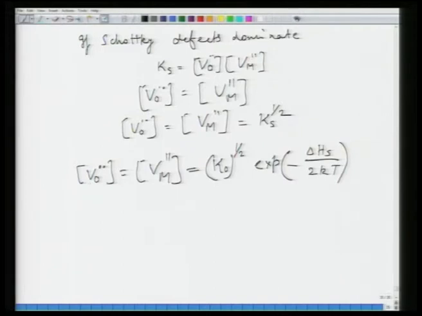First, VO and VM have the same dependence on delta Hs and T as we found when we calculated the concentration of intrinsic defects in the solid. So, we verify the correctness of that derivation. Second, although it is an oxide MO, there is no dependence on the partial pressure of oxygen. So, one, the concentration is dependent on delta Hs and T, and the increase or decrease is in the same fashion as we discussed in the concentration part. Two,